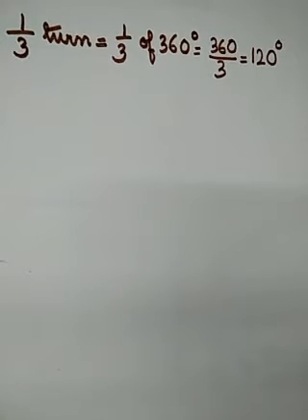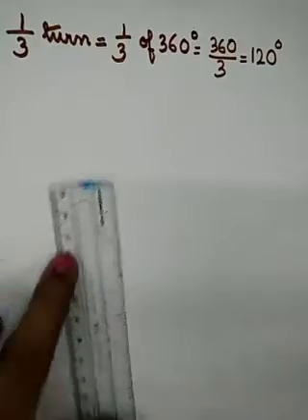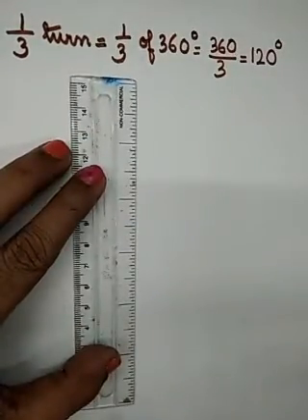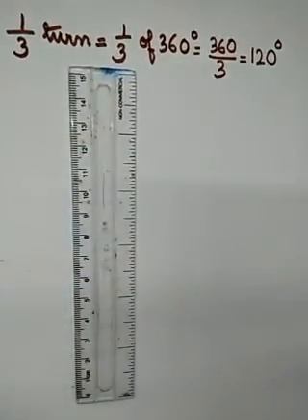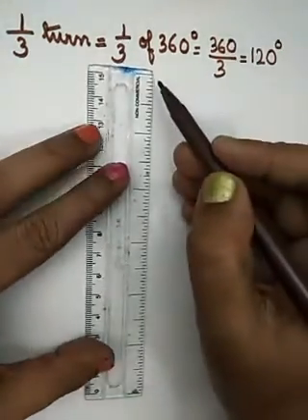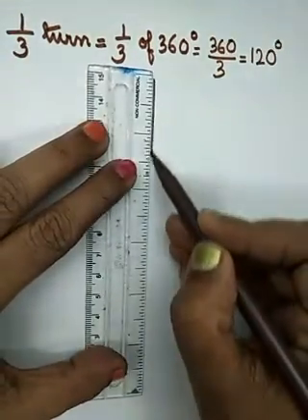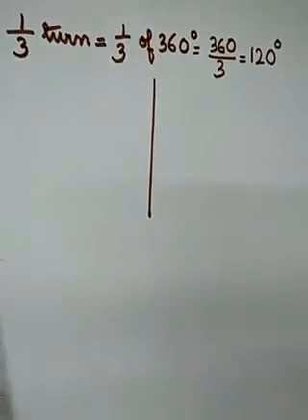Now today a new one, what is that? The new one is 120 degree. So children, what I have to do now? I will have to draw 120 degree. Okay? So without drawing 120 degree, how will I know what is 120 degree turn? So what will I do? I will draw a line. All of you know how to draw an angle. So what I have to do? I will have to first draw a straight line. Okay? So I have drawn a straight line.